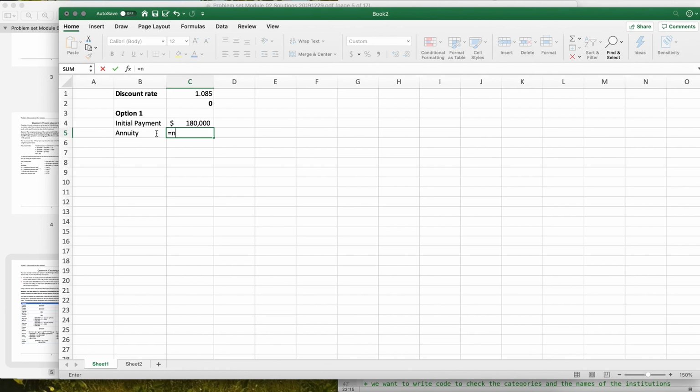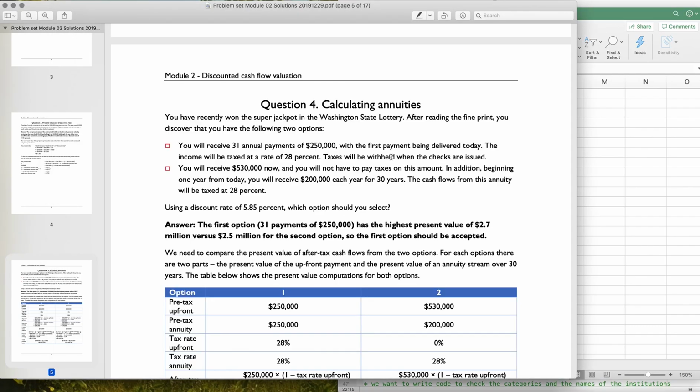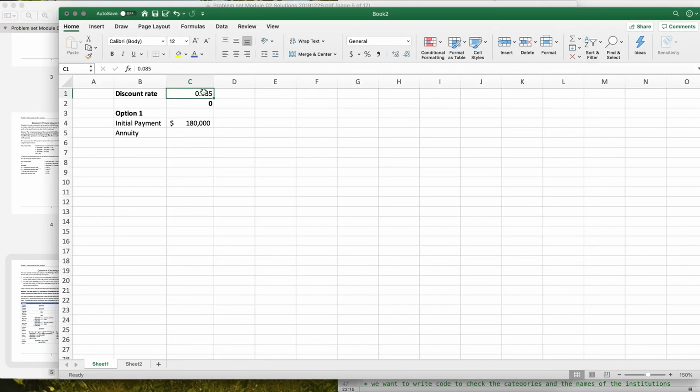And we can do this by the PV formula. Our rate, actually let me change this to 0.0585. In order to use the Excel PV function, you have to have it as a percent rate. You can't do the 1 at the beginning. So we're going to do equals PV. The rate is that, the number of periods is 30, and the payment, I'm going to put a minus here,